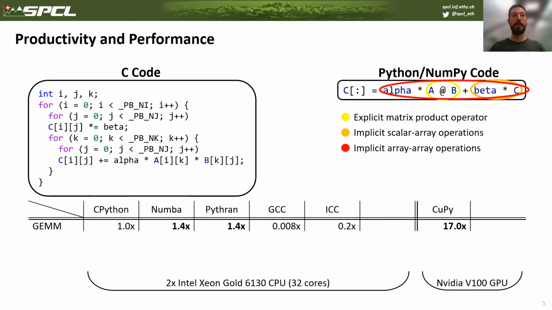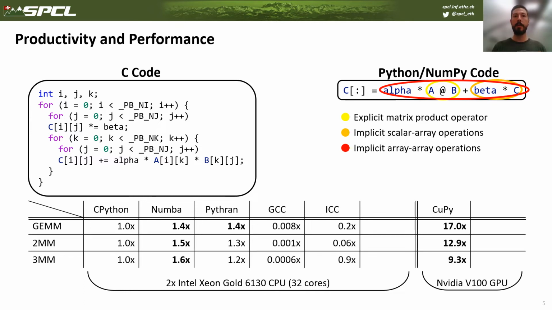To confirm that this is not a fluke, we have a couple more examples. These are kernels that perform 2 and 3 matrix multiplications respectively. The results are very similar. Now, just to get this out of the way,